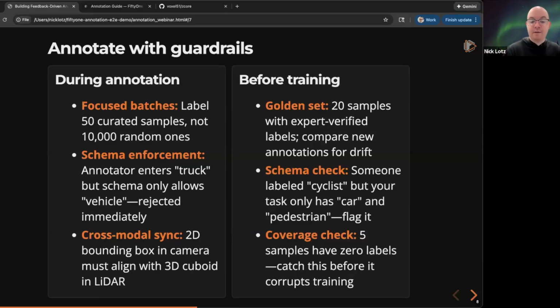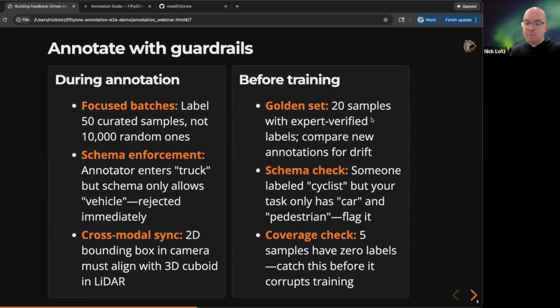In addition, you need to make sure that your samples are aligned. This is something FiftyOne natively supports through what's called grouped datasets. When you're thinking about, say, the equipment on a self-driving car, you have multiple camera angles, and then you might have LiDAR, which would be 3D cuboids and a point cloud type sample. You need to make sure those are aligned together within a single sample, so that everything from time series to model recognition is aligned within a single view. And then when it comes to training,